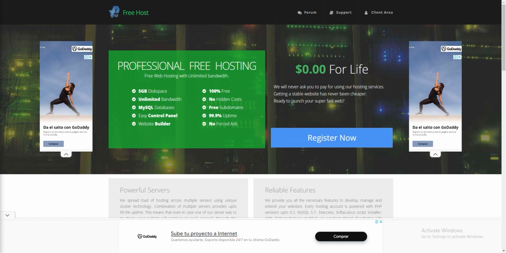So just remember that. We have on the left side some features which are very useful, and obviously we should know before we go further and start registering, right? So as you can see, they provide 5 GB disk space, unlimited bandwidth, MySQL databases, and even cPanels also. Website builder 100% free, like I said, no hidden charges, and free subdomains, which is very good in my opinion,